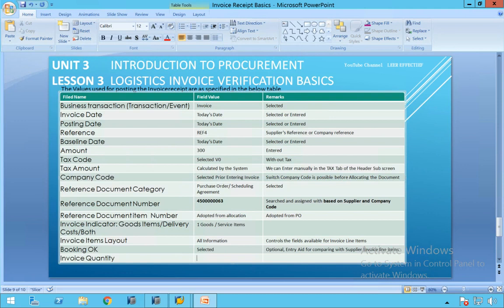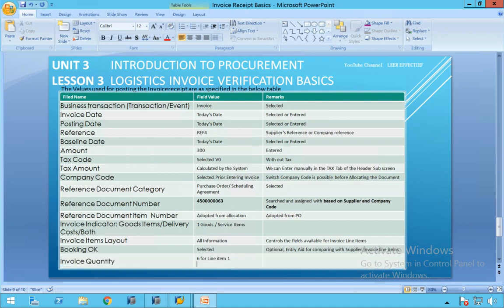We have entered 6 for line item 1, and 20 for line item 2 of the invoice.